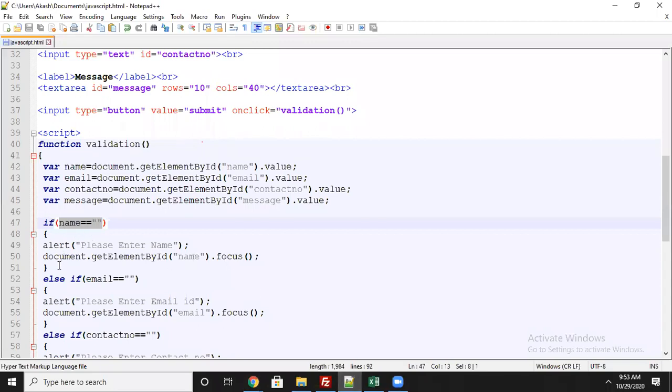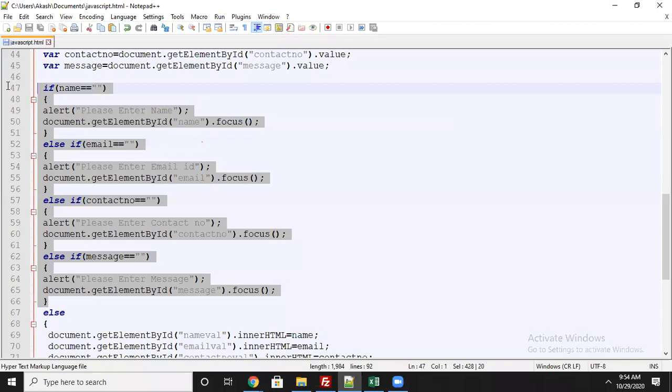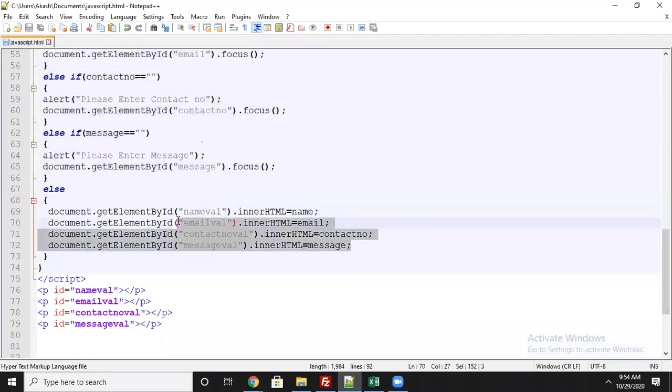Okay, if the name value is there, but email is not there, what happens? It will check the email field here. It will go step by step through each field. Whatever the fields, four fields I made mandatory. If you enter all four field values, then only it will go to the else. In the else case, it will produce the output. I used an else if ladder here. What will the else if ladder do? It will check the conditions step by step and produce the output.